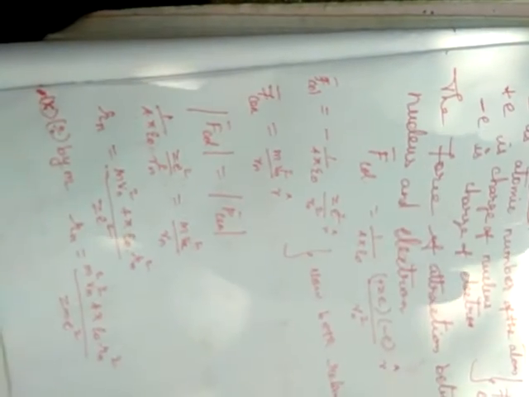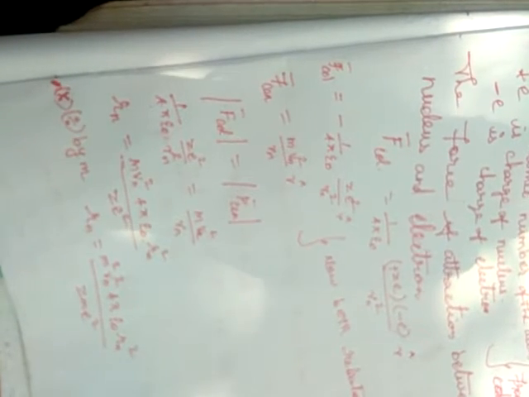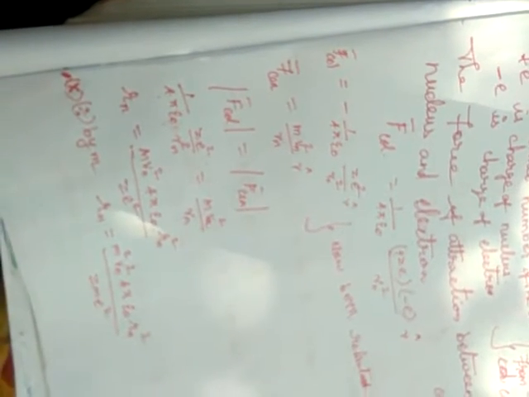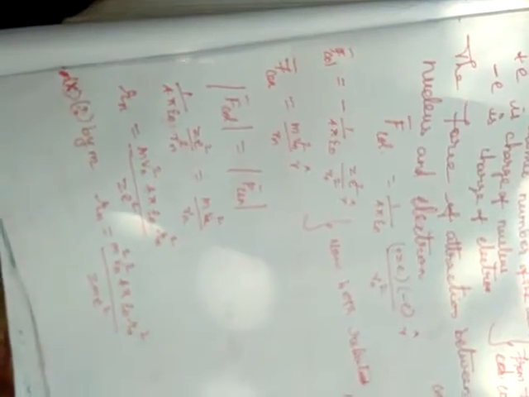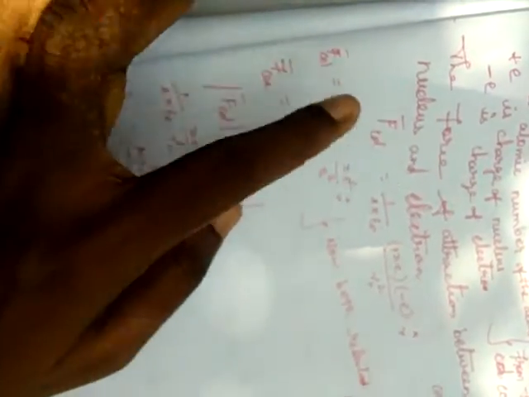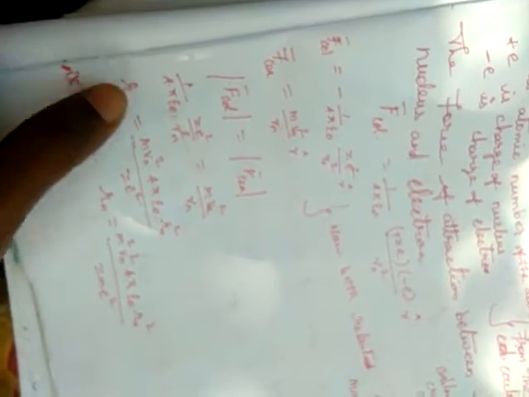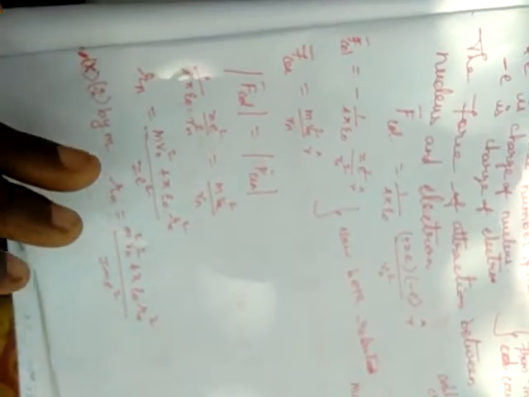Now I am taking the Coulomb force. The Coulomb force vector, you already know the formula: 1 by 4 pi epsilon naught, times Q1 into Q2, taking the positive and negative charges. So we take the positive charge Ze and the negative charge e, divided by rn squared, where rn is the radius, times r cap. Plus into minus is minus. After rearranging, the formula is 1 by 4 pi epsilon naught, Ze squared by rn squared, n cap.